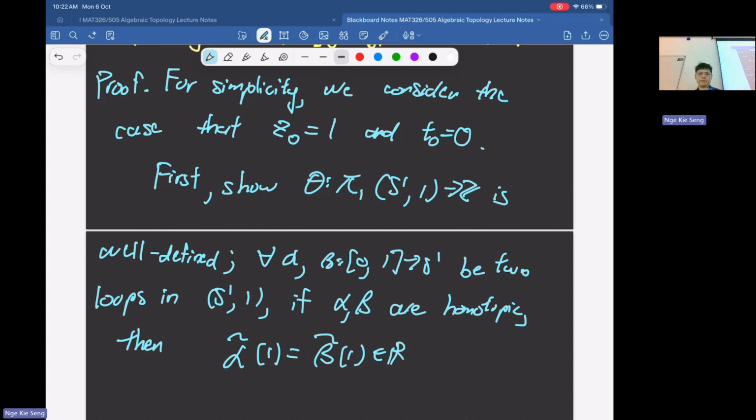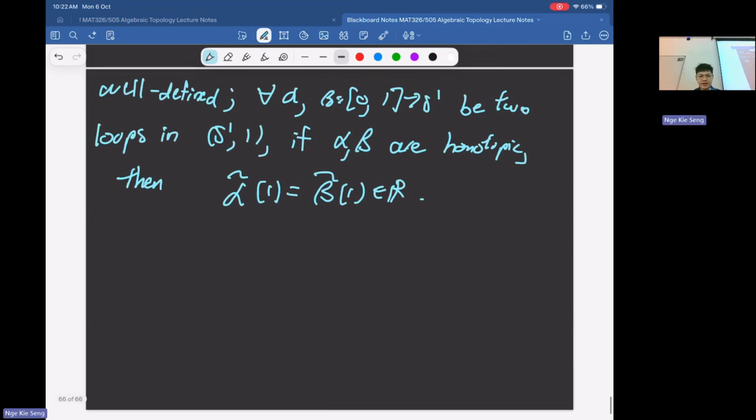Alpha tilde 0 and beta tilde 0 are the same because all of them lead to the same starting point. But the ending point, we want to show that they are the same as well, if they are homotopic. So in this case, we should involve the homotopy,